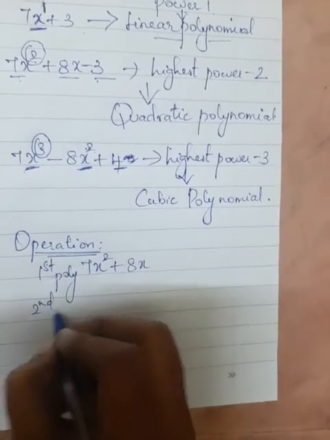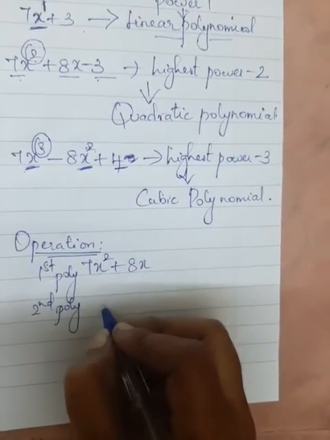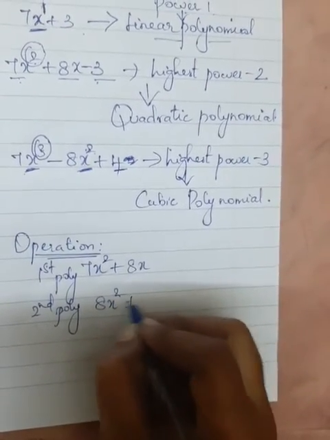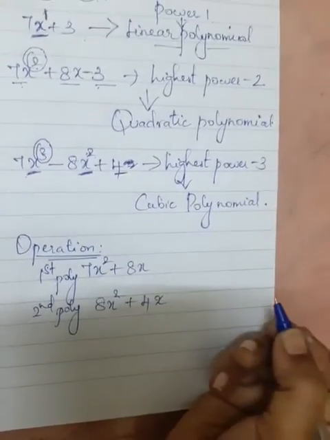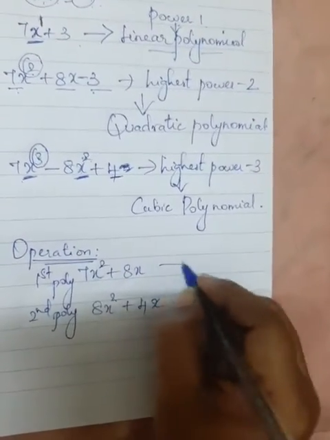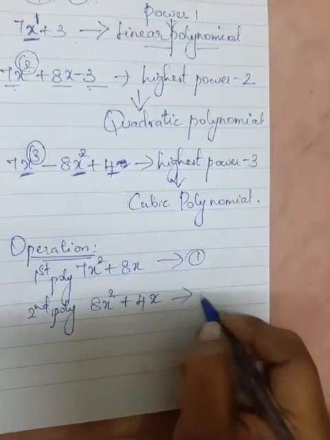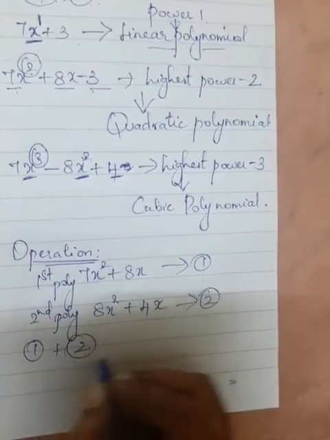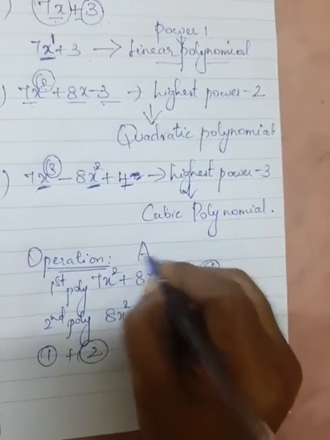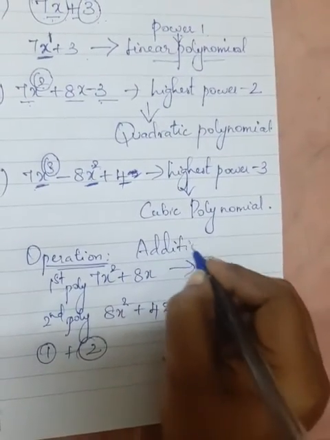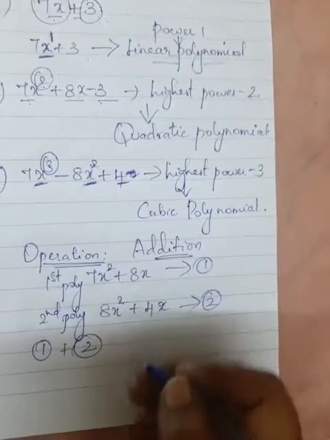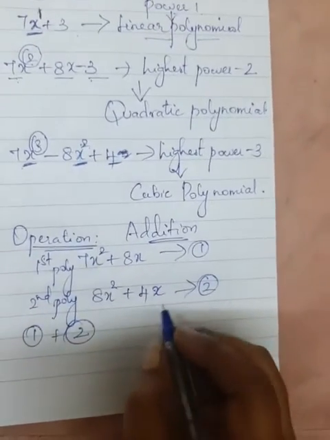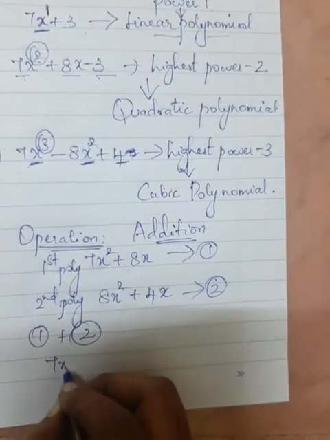Then the second polynomial, if I have 8x square plus 4x. If I want to add these, I have this as the first polynomial and this as the second polynomial. If you want to add the first and second polynomial, the first operation I am going to teach you is addition. If you are going to add these two, what we are supposed to do is